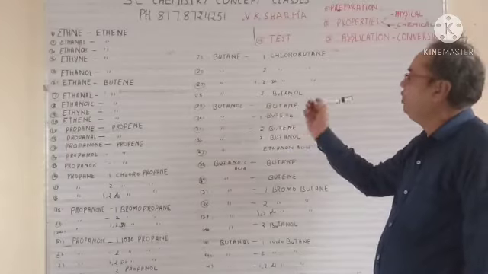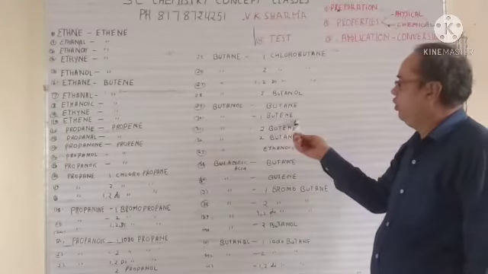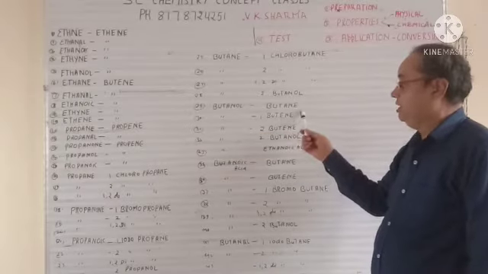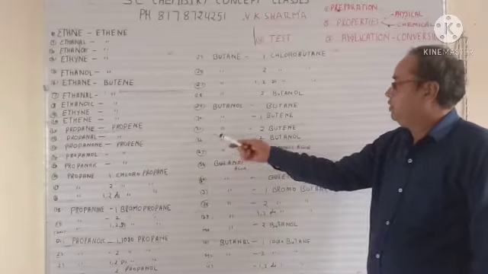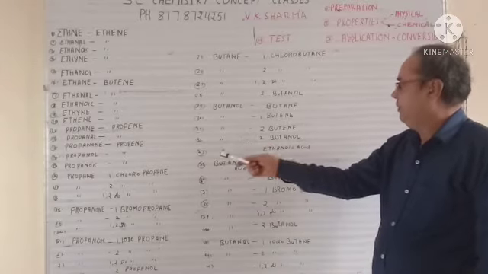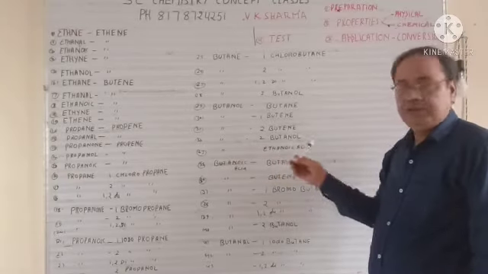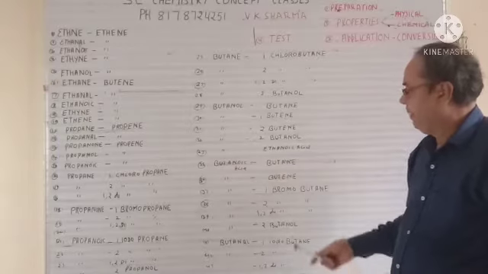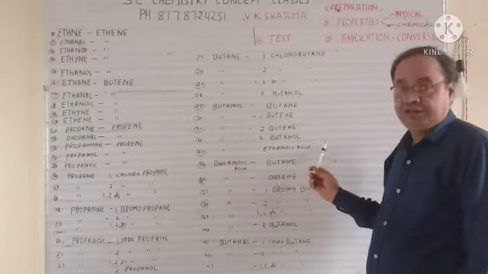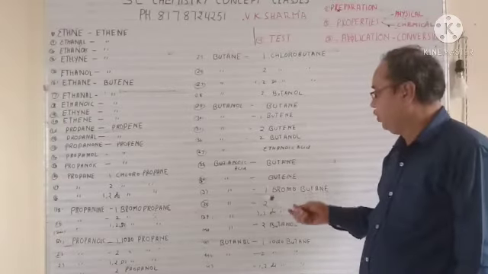Same way, butanol to butane, then butanol to 1-butene, butanol to 2-butene. This is the positioning. Here you have to use the Saytzeff rule. So butanol to 2-butanol. Here you have to use the Markovnikov rule. I'm just giving you hints so that you can solve the question. Then butanol to ethanoic acid. It is an ozonolysis. This is your hint. So keep on writing the hints also so that you can do the question.